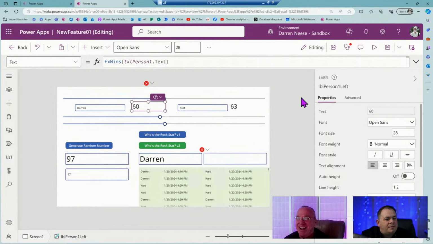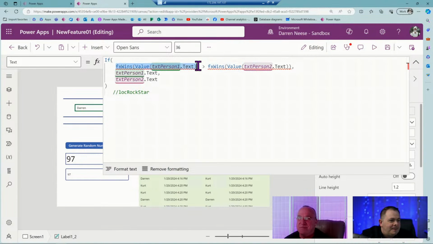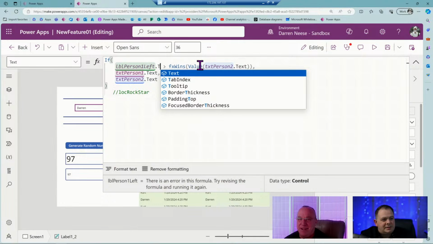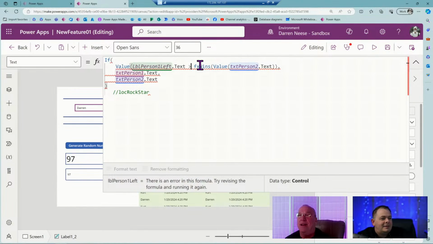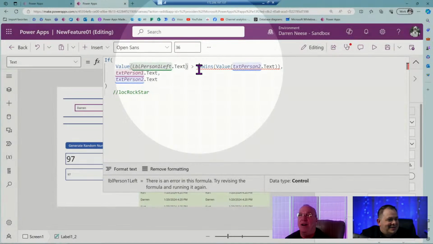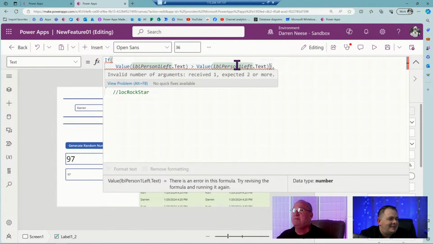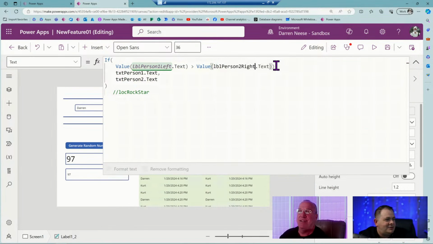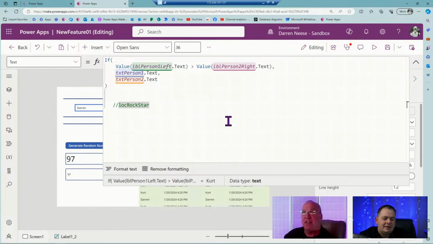Well, I'll make this simple. Okay, so here's the left value. Boom dot text. Now here we'll have to do a value, right? What is going on? That was weird. We almost have it. Real person 2 right. It still doesn't like it. Okay, so what is going on? You got something going wrong here. I think I have another too many. You got another comment in there.